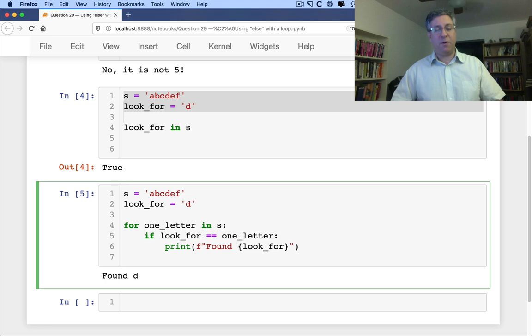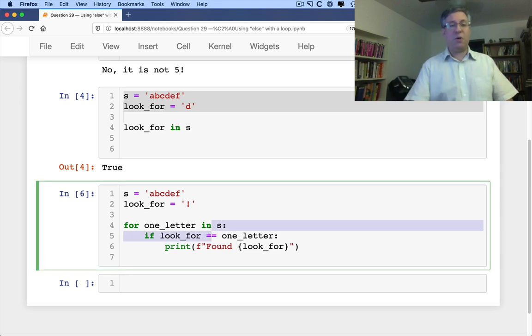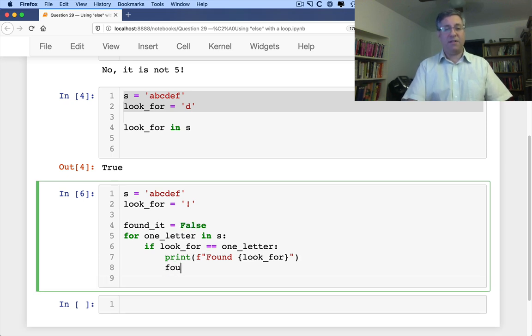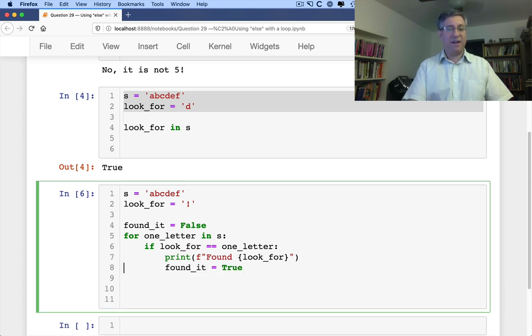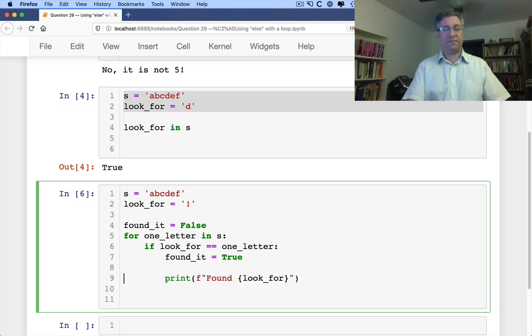What if we're looking for an exclamation point? Then we're going to get no result whatsoever. So how can I figure out if it's not in there? Well, I could use what we would also often call a flag. I can say here, found_it equals false. And then I can say here, found_it equals true. And then at the end, I can say print,